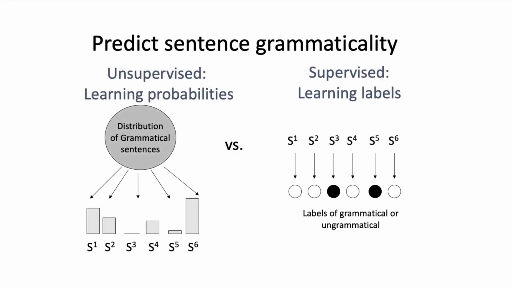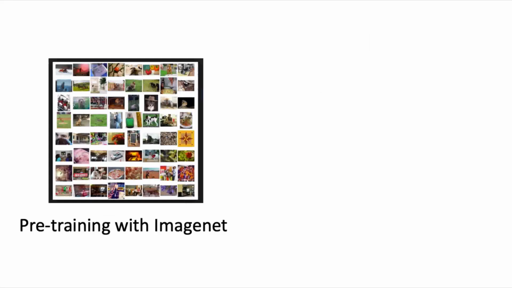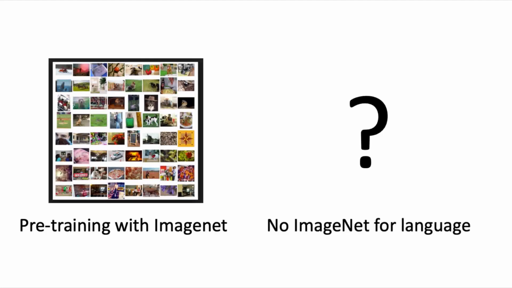When discussing supervised learning, which was learning from labeled data, I had talked about how for image processing models, the 1 million labeled images offered by ImageNet was often used to pre-train more specialized image recognition models. In the domain of language understanding, we don't have the equivalent of ImageNet. Language understanding is the domain where there are so many different problems to solve, like so many different concepts we'd want our model to recognize on so many different topics, that we often don't have enough labeled data for each